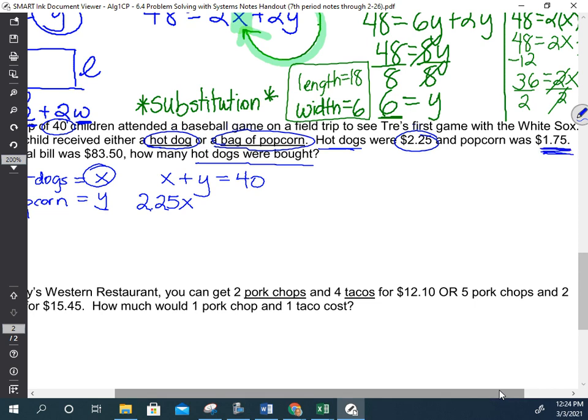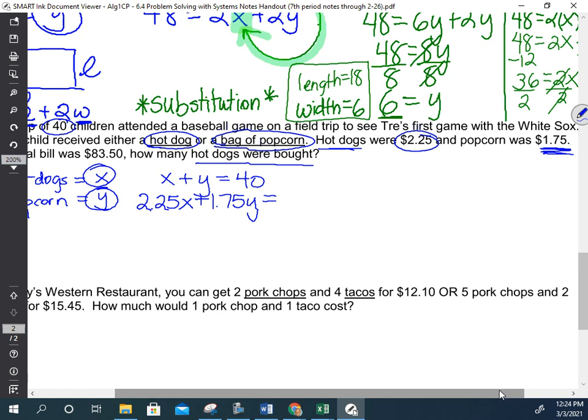Popcorn was $1.75. We don't know how many popcorns we got. So if $2.25 got attached to X, what am I going to do with $1.75? Attach it to Y. Plus $1.75 Y equals